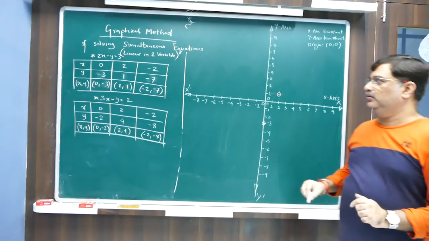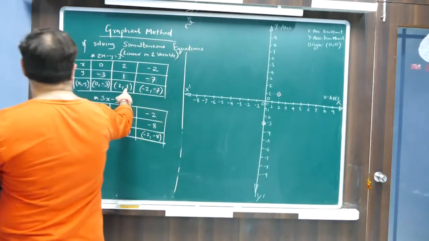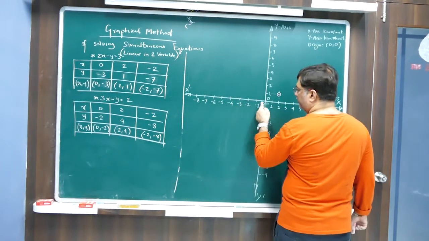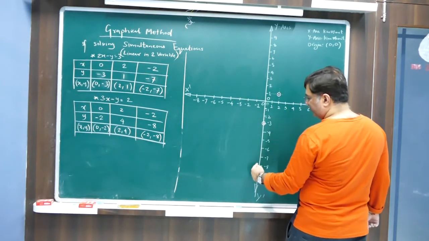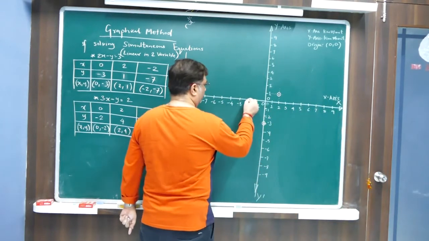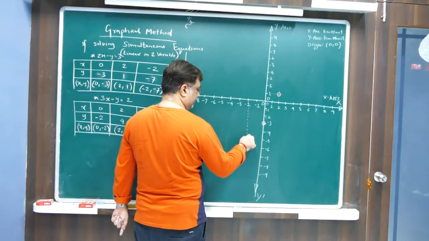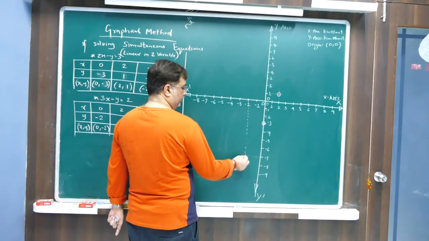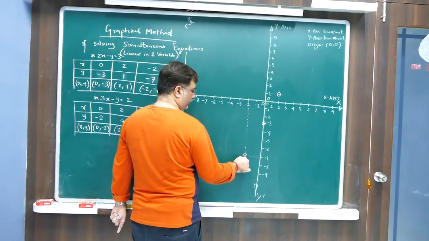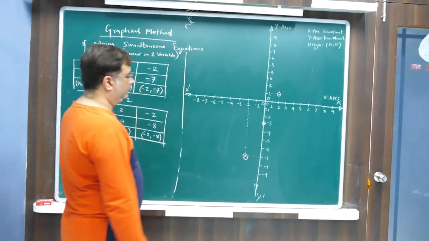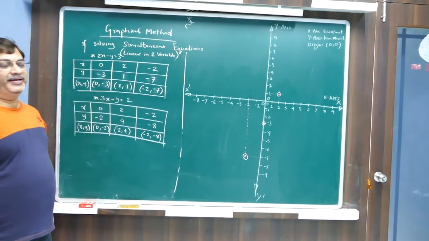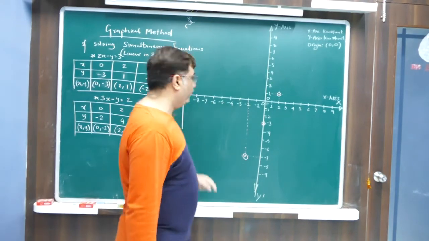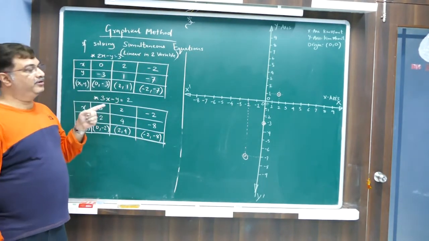This is the point 2, 1. Then comes minus 2 and minus 7. Minus 2 is this side, minus 7 is here. How do we plot it? Minus 2 on the x, minus 7 on the y. It will intersect somewhere here. This is the point minus 2, minus 7. So now you can see you have got 3 points of this particular coordinate table ready.